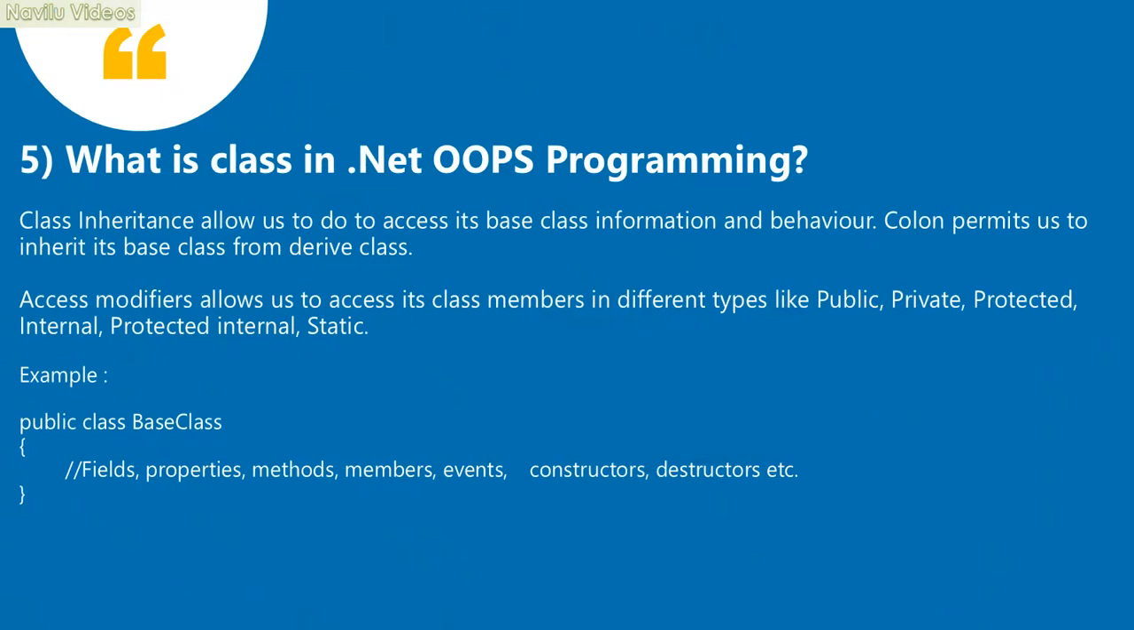Five. What is a class in .NET OOPS programming? Class inheritance allows us to access its base class information and behavior. It permits us to inherit its base class from a derived class. Access modifiers allow us to access its class members in different types like public, private, protected, internal, protected internal, static. Example: public class BaseClass { fields, properties, methods, members, events, constructors, destructors etc. }